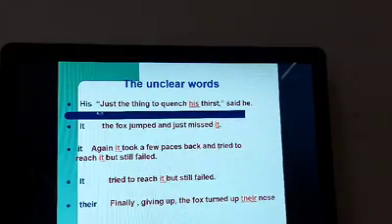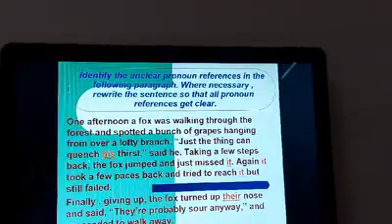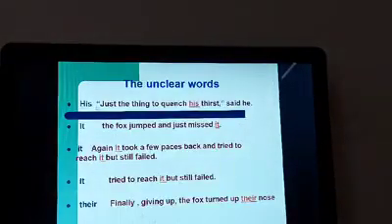I have tried to mention how I have changed "his". This is an expression, "his". I have pointed out and underlined it as a wrong thing. The sentence is: "And then, his, just the thing to quench his thirst, said he." Here "his" is being changed because in direct speech we don't use "his". If it is an indirect expression, "his" may not be any problem, but here we have to use "my".